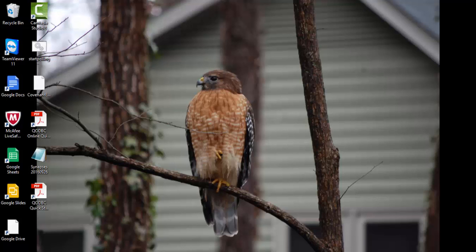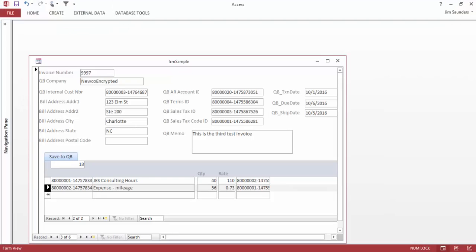So I minimized the server down here, and now we're going to open up a quick little Microsoft Access application that I wrote to post an invoice. So here's an invoice. We'll alter this a little bit to create a third one out there under that company. You can see it's got a few header fields, and it's got two line items down here. And even in the header fields, there's a lot of QuickBooks code numbers for things that would be set up